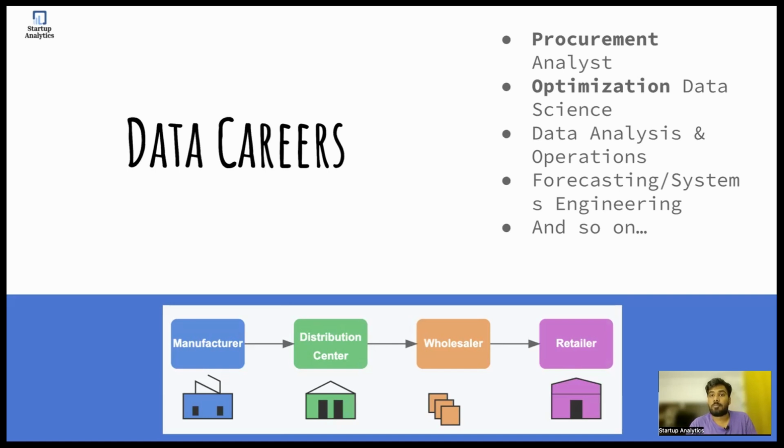Then you have roles like optimization data scientists, right? These are the people probably optimizing the network or how the goods move, so that you are able to optimize for either speed or cost, right? So that you're able to efficiently move the goods through your supply chain. Beyond all of that, you'll also have a need for data analytics across the place because there are multiple touch points. Goods need to move from one place to another. So you need to analyze this data properly, and make small, short-term adjustments, right?